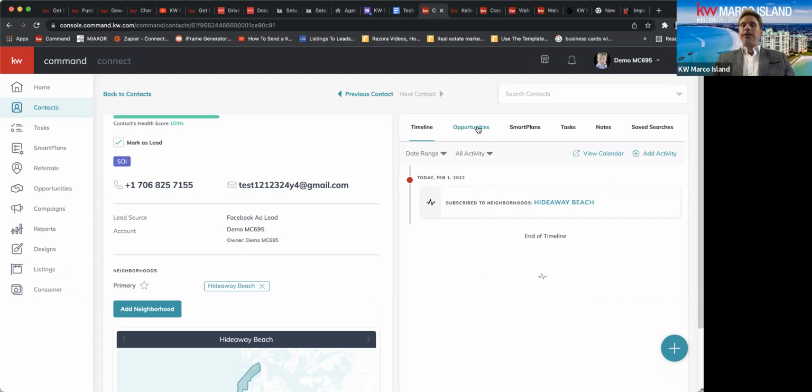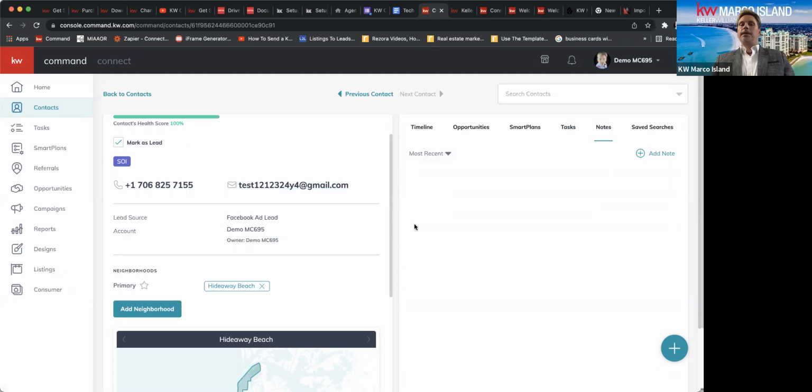Opportunities is a deal, whether it's a buyer deal or a seller deal. Smart plans, I'm going to go over that in a second. Any contact tasks, call tasks, custom tasks will be here, or touch tasks. You can also put notes here, similar to in the contact card under description, and you can create a safe